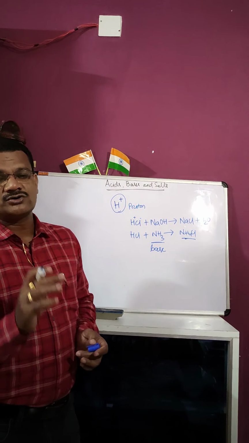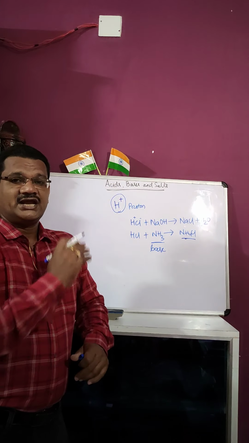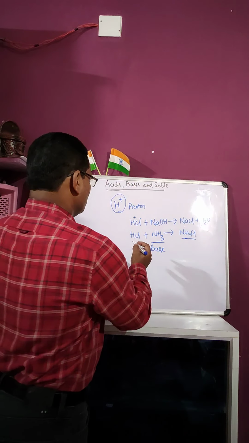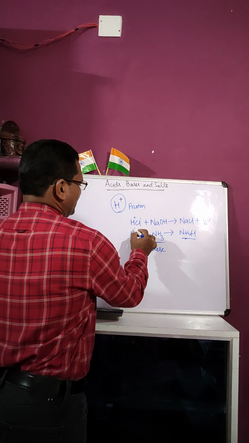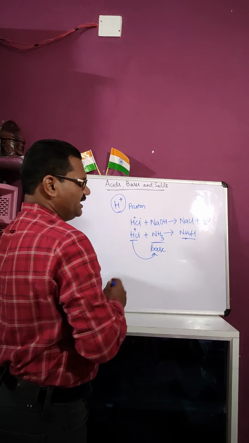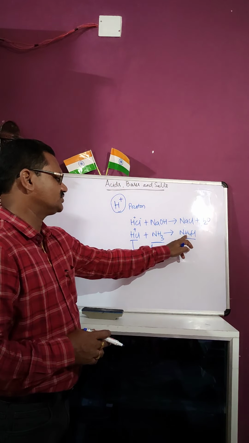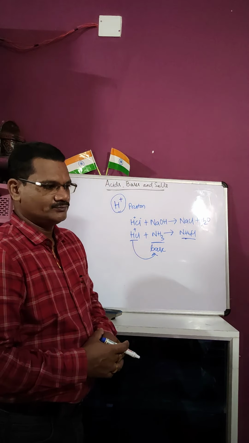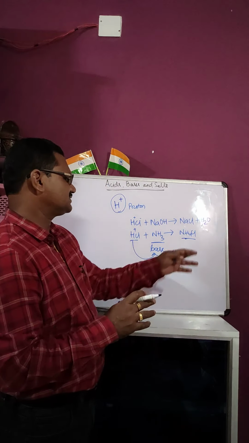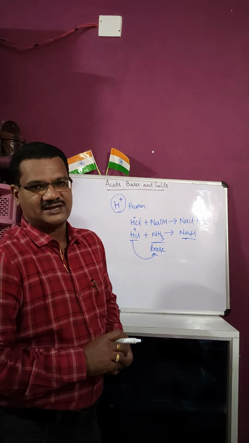This was explained by Bronsted-Lowry. He stated that those which donate H plus are called acids and those which accept H plus are bases. Now, since HCl has H plus, this H plus is given to NH3. NH3 accepts this H plus and becomes NH4 plus, and the Cl is left. Since it accepted the H plus or proton, it is a proton acceptor, hence ammonia is a base.